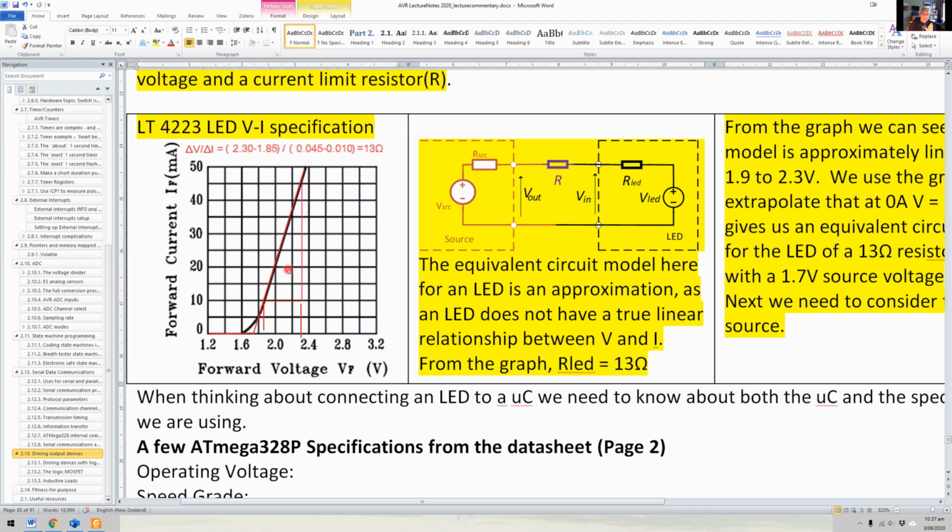And that's really important because a resistor will be completely linear over its whole range, but this LED will only be linear over this part of the range. But that's a good enough model because we're only interested in somewhere between 10 and 45 milliamps, okay? So now we can work out that we've got a 13 ohm resistor here, and we've got a 1.7 volt source. Now, volts,